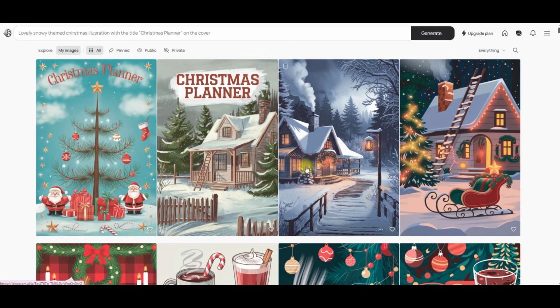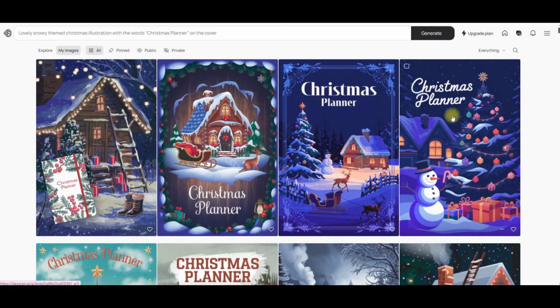Okay, so it's going to need a little bit more work. Okay, that's not too bad. There's a few good ones here. I'm going to have a bit more play with this. I'm going to come back to you once I'm in KDP, and I'm just going to let you know whether or not I had issues with the margins of the Canva